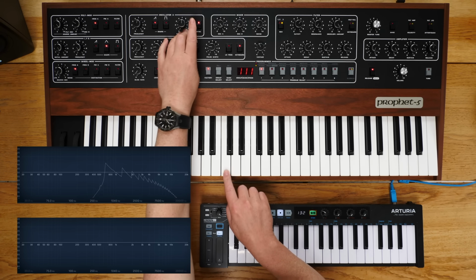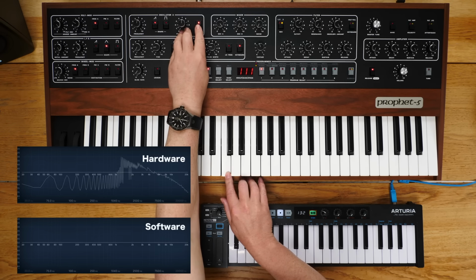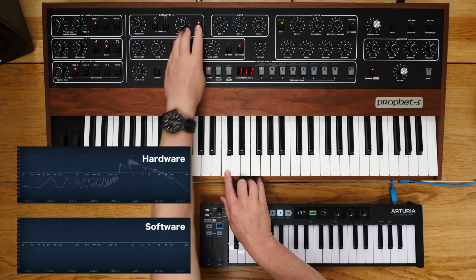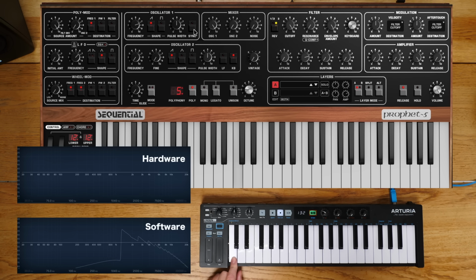when I add the sync, that high pitch is coming from the same place. But on the software, it seems to start an octave lower. When I put in sync,